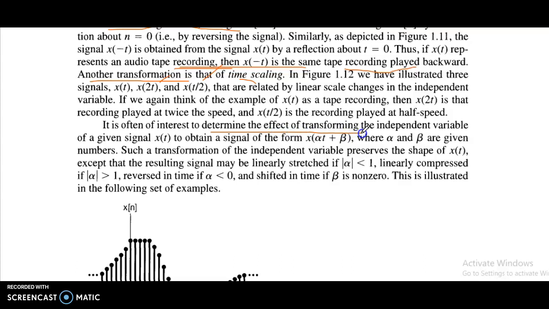It is often interesting to determine the effect of transforming the independent variable of a given signal x of t to obtain a signal of the form x of alpha t plus beta, where alpha and beta are given numbers. Such a transformation of the independent variable preserves the shape of x of t, except that the resulting signal may be linearly stretched if